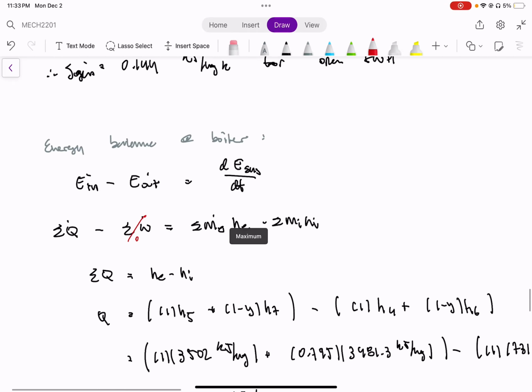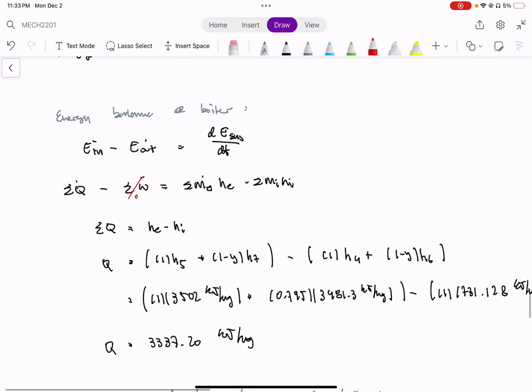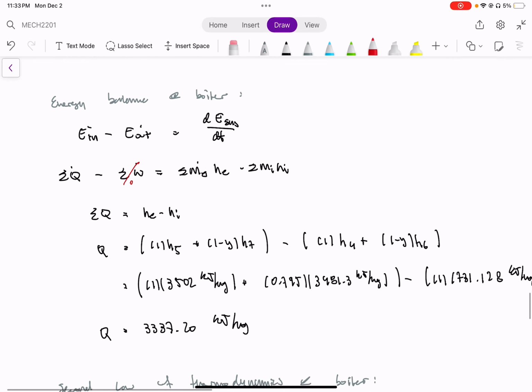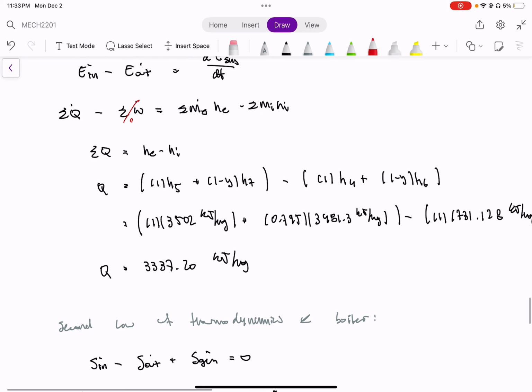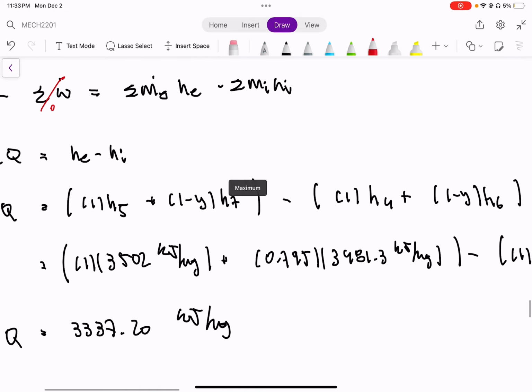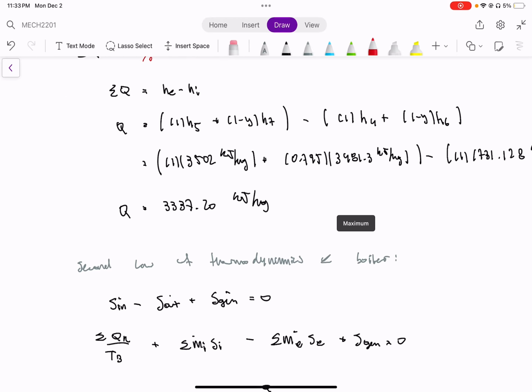And then for the boiler, we have to apply the energy balance at the boiler, meaning that energy in equals energy out. So we use all of this and simplify it. There's no work. For the Q, we were solving for Q, so we find that Q equals he minus hi. And now we plug in every value that we know into this equation right here. Because we had to find the inlets and the exits, and seeing that there are multiple flows of mass, we have to take that into consideration. We're going to plug everything in, and we're going to get Q equals